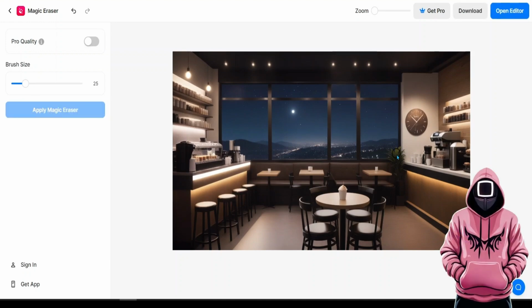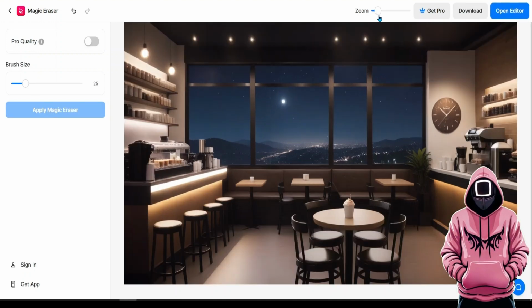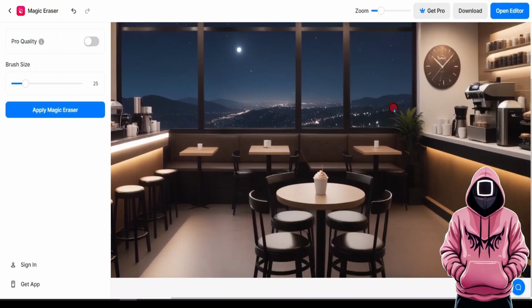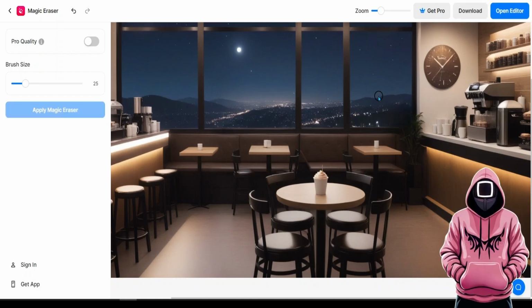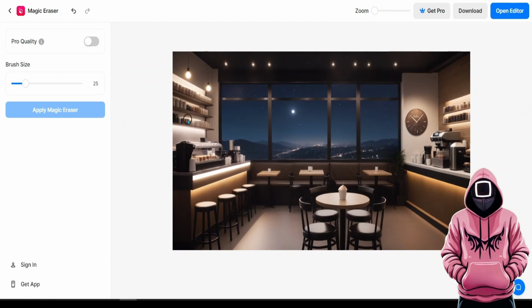Now, from experience, I know that this plant here next to the window will give me a hard time when I will add the rain, so I'm going to partly erase the parts of it that extend in front of the window. Alright, this should do. Our work here is done, so let's move to the next step of adding objects to